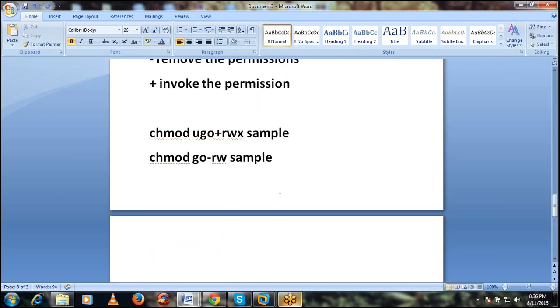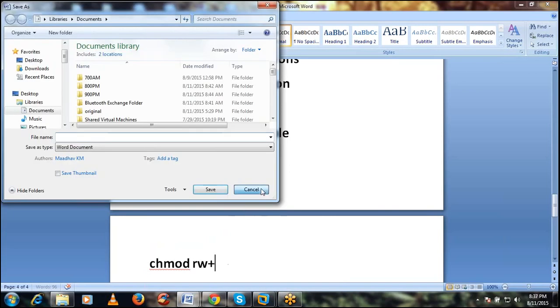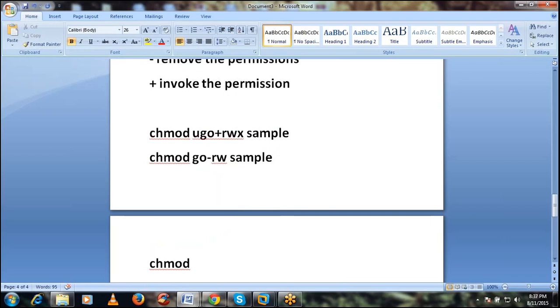And chmod, again I'm giving the permissions, like UGO plus RWX. Or I can give just read and write permissions only. So depending on the requirement you can go.